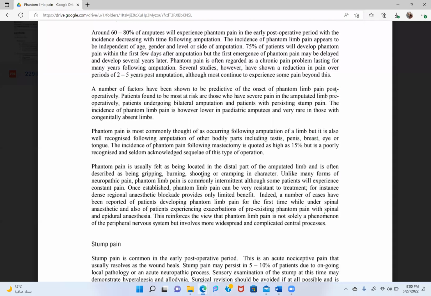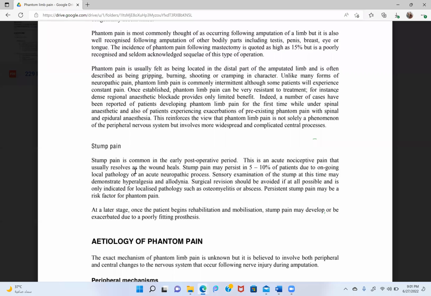Because this is a neuropathic pain, it is not very exact or pinpointed, and it has a different character, as we know: sharp pain, dull pain. There may be development of abnormal pain sensations which we discussed before: hyperesthesia, hyperalgesia, allodynia. So any abnormal pain sensation can develop in the phantom limb area. Stump pain is common in the early post-operative period. It is acute nociceptive pain, and it will resolve when the wound heals,